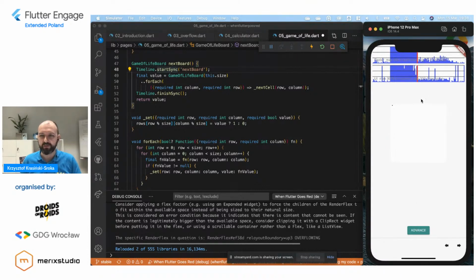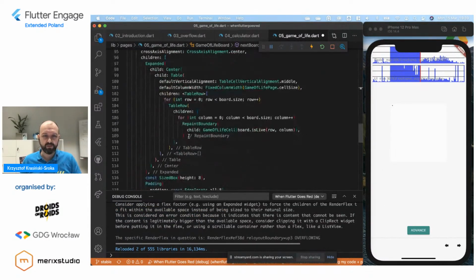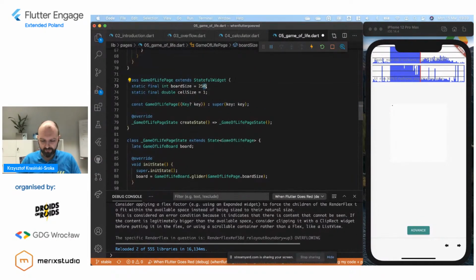Like these are not the calls that would cause this kind of behavior, the app really sluggishly redrawing the small glider, which is just a few pixels over here. But the timeline can also be useful when we measure, for example, HTTP calls to the backend that we don't know how long they take, and we just want to measure how long Flutter takes from the execution of a call to the end of the call. Okay, I'll just make the game of life a little bit smaller and reload the app so that it doesn't clog my computer that much.